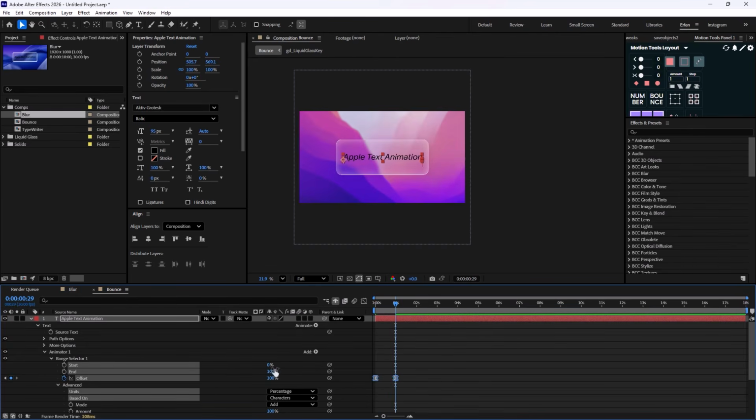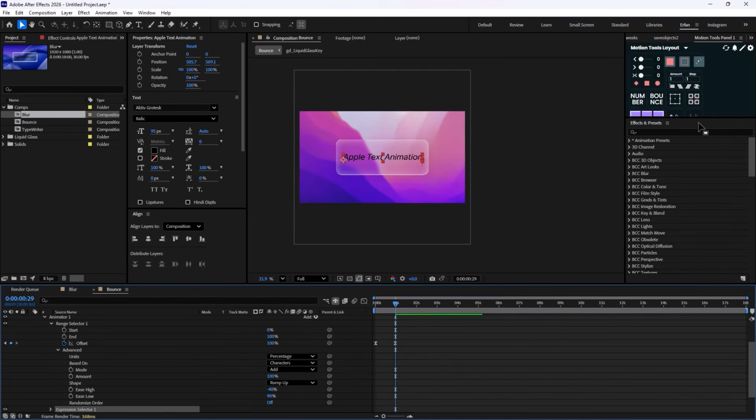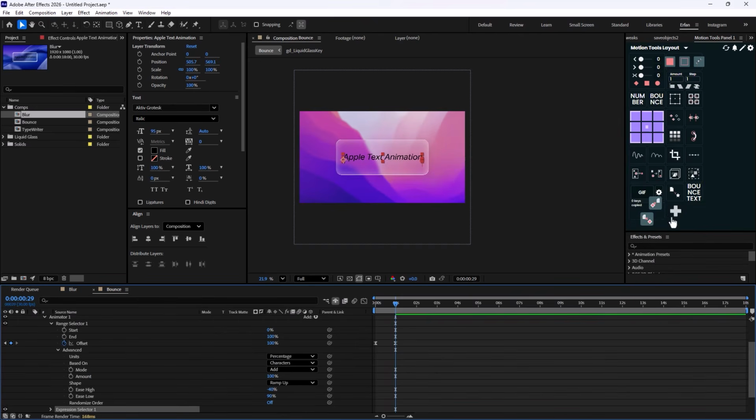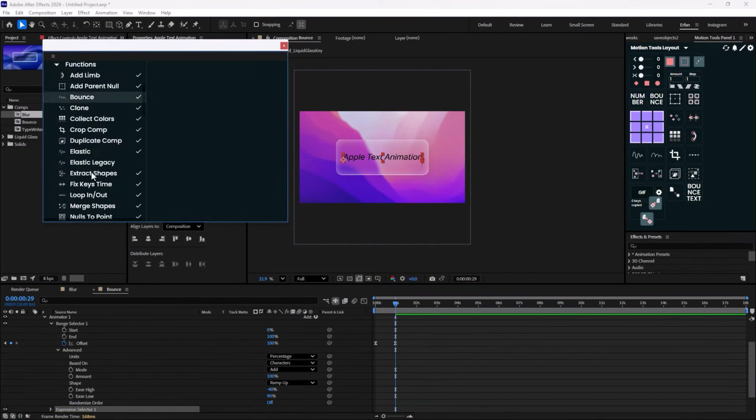Now, in order to create the bounce, we need to add a bit of expression. There's only one expression and I'm going to attach it to the description. You can check that out. Now, in order to do that, we need to open the add menu one more time. This time we need to go towards the selector and then we're going to add the expression. I already have saved this expression in here. So let's just go and grab it.